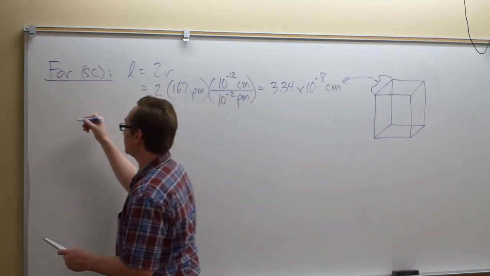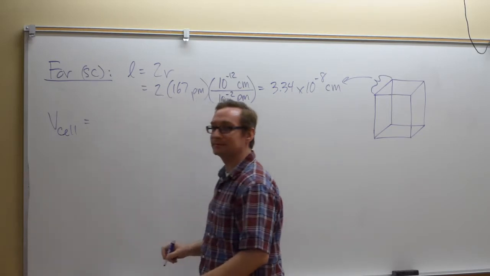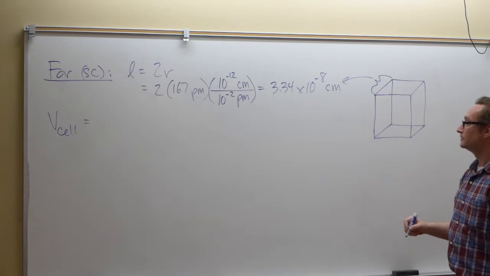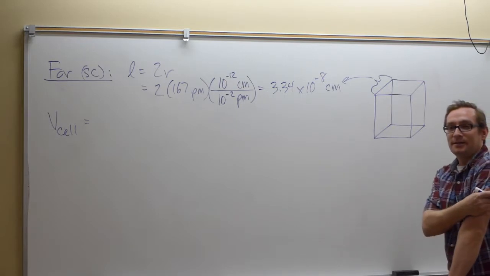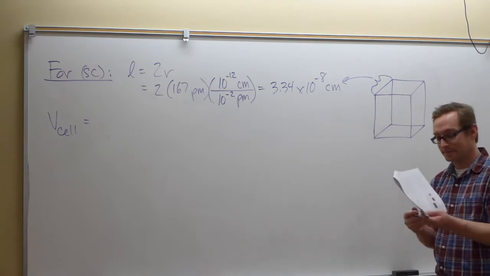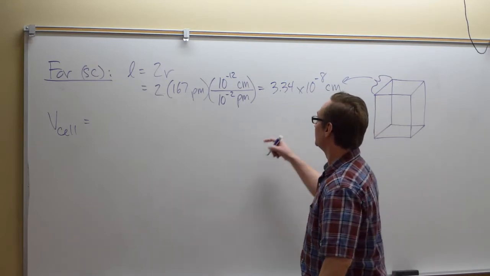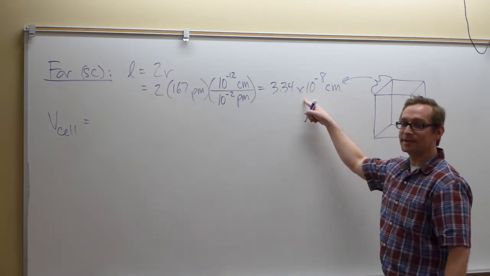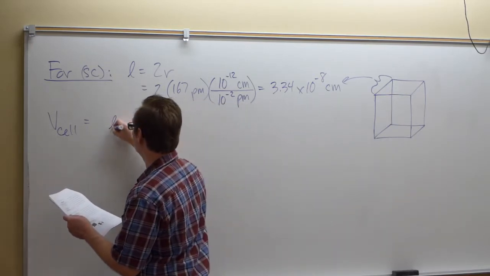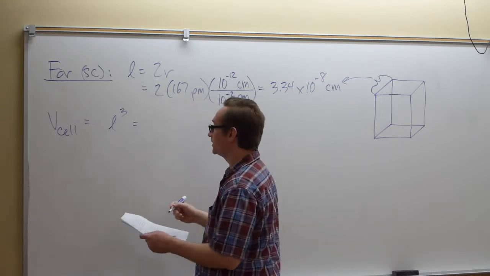So what would be the volume of the cube then? All right, volume of the unit cell. How do we get the volume? How did you measure the volume of an object, a solid object, typically in Chem 107? Yeah, length times width times height. So we're going to multiply this 3 times, right, to get the cube. Right, so we're going to say edge length cubed is going to be equal to